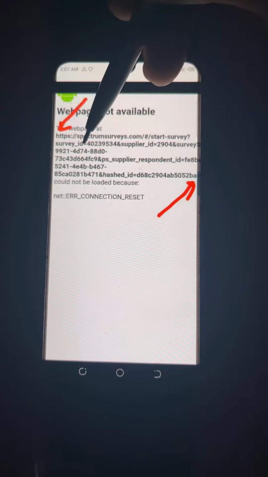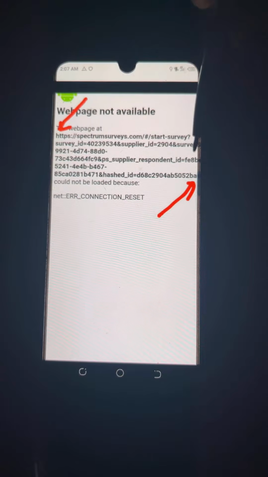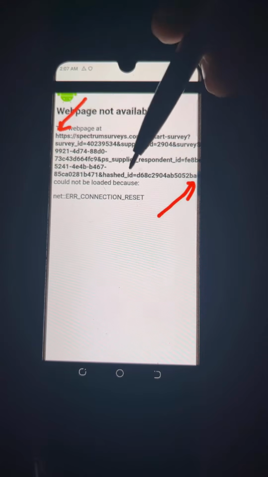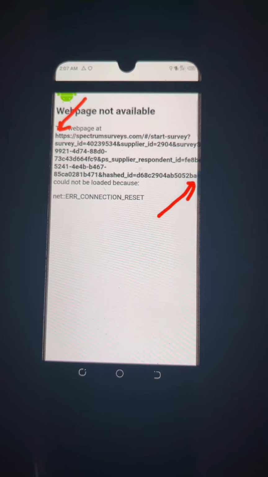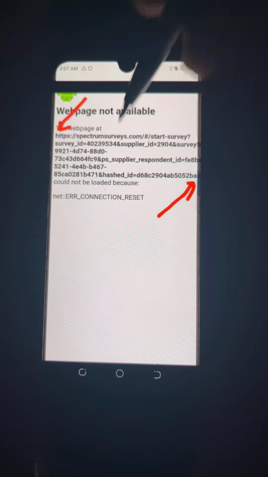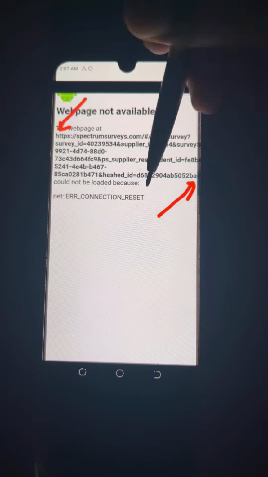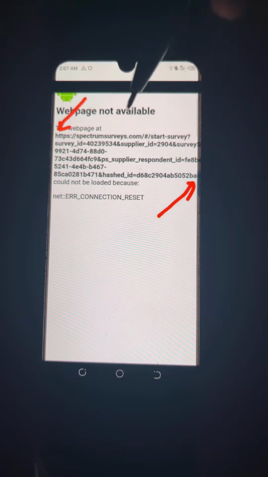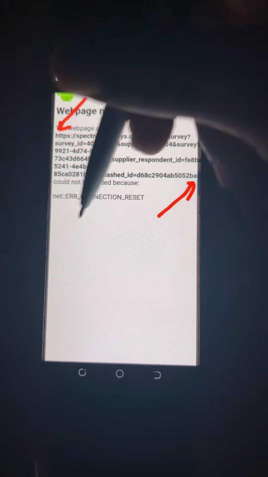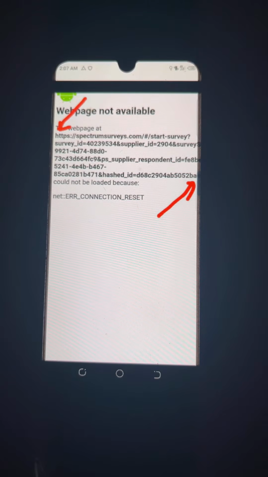You can see the ID here now. These are your IDs. Are you seeing it? It's very long. Some are short, some are long. It depends on how the system of the internet is. So now, this one that you are seeing here, there's a way you can use this ID to still get access to this survey even while it shows error. But then, let me continue, right? I have a lot to still talk about, so let me go further.